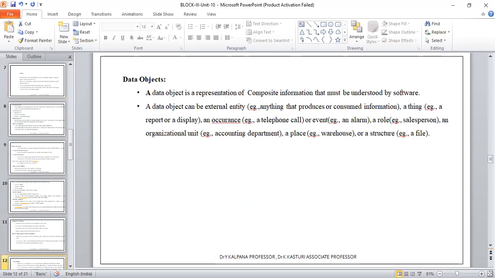What are data objects? A data object is a representation of composite information that must be understood by software. Data object represents composite information. A data object can be an external entity. For example, anything that produces or consumes information, a thing, a report, or a display, an occurrence, a telephone call, may also be a data object. An event, an alarm, a click, a telephone call occurrence, any event, alarming,